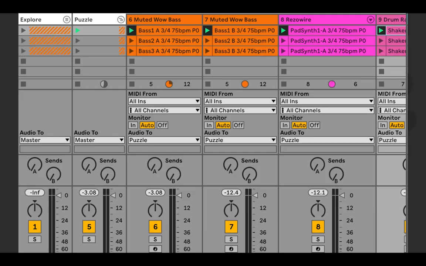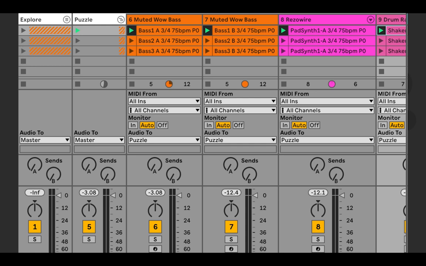Now, the puzzle and explore themes are a bit different. You see, the title theme, when it loops, it's just going to play the same song again, and there will be no differences. However, the other two themes have multiple parts composed for a single instrument, and using Wwise, I can determine which of those parts play every X amount of measures. This means that when a song loops, you may hear a different iteration of a bass line, a different part of the percussion. Maybe one of those parts won't even play.